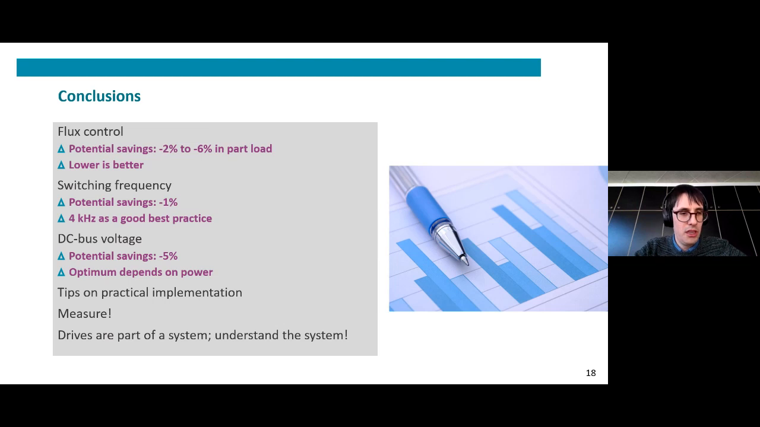For the switching frequency, you have a potential to save up to 1% of energy, where 4 kilohertz is a good best practice. And for the DC bus voltage, worst to best is around 5% difference, and the optimum will depend on the power rating of your system. So in that sense, always